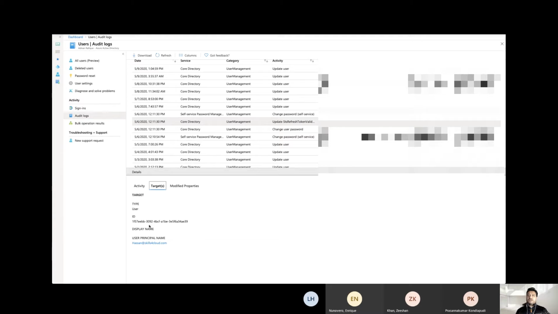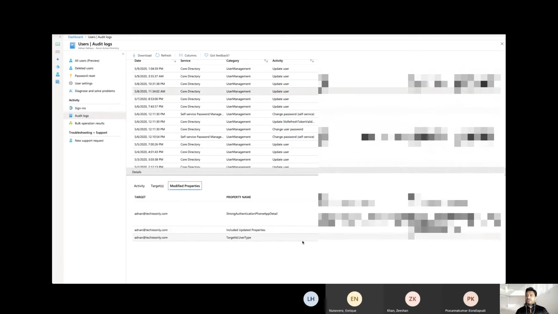So you have a target here, who the target is. I've created some users, their names you can see, and their target and who did it. You can find modified properties and all that good stuff. So those are the sign-in logs and the audit logs. This is the meat. You need to have that. And then on top of that, you leverage some of the capabilities available in Azure. So we'll jump into the AI and machine learning part right after this. Before I do that, let me bring up my slide deck.